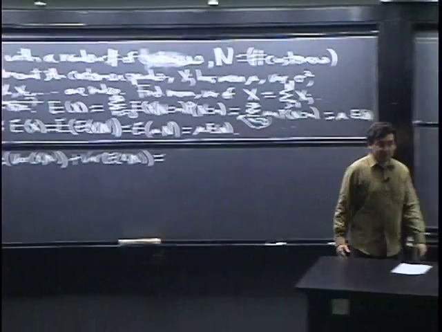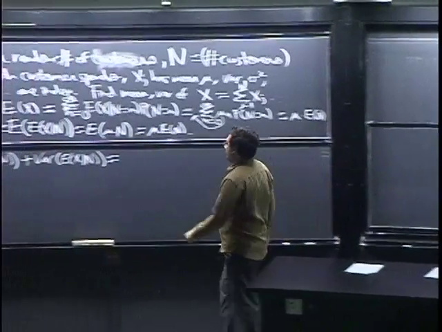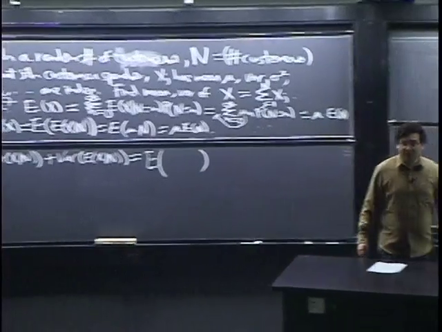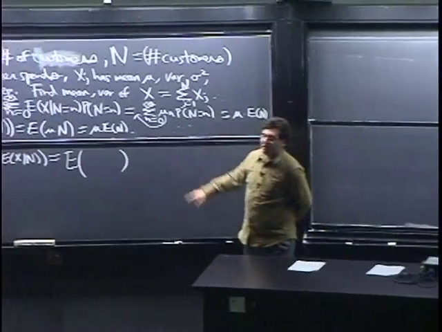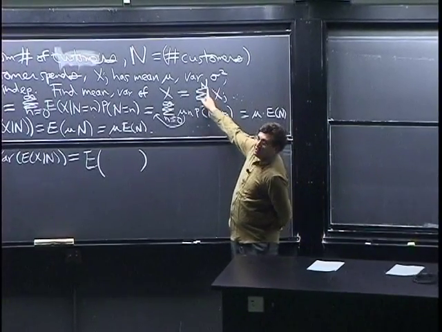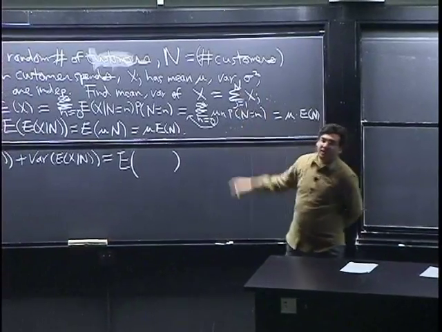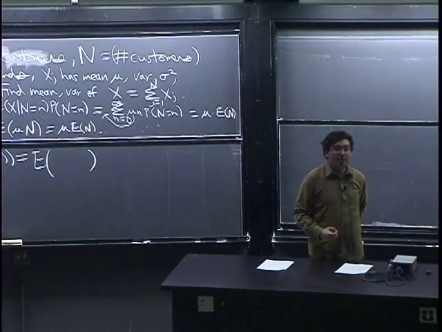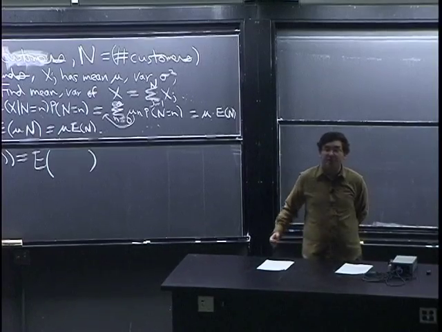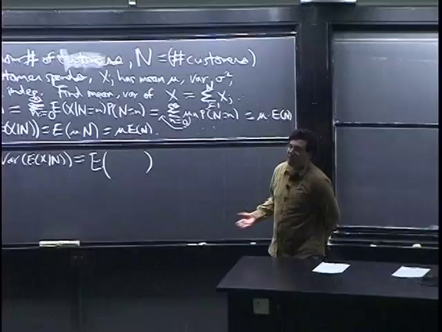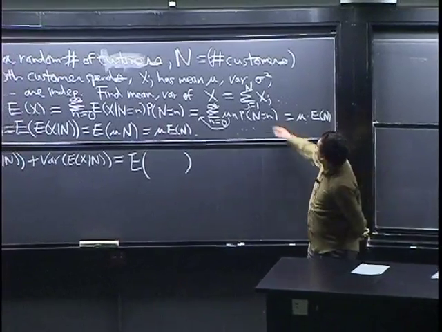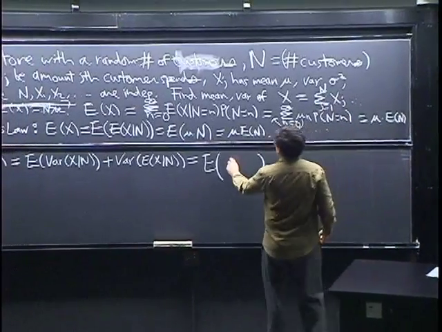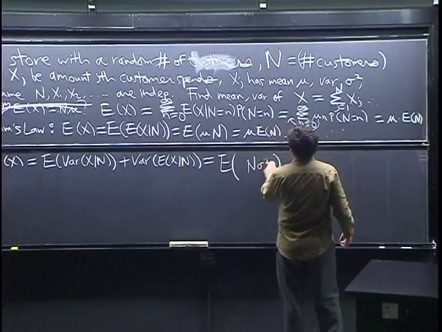Okay, now let's just evaluate these two terms. The variance of x given n. To find that, we just have to understand what this notation means. We're treating n as known, and then I say, what's the variance of that? Well, we know that the variance of the sum of a fixed number of independent random variables, you just add up their variances, right? We proved that before. There's no covariance terms because I assumed they're independent. So if we're treating n as a constant, the variance is just n times the variance of one term. So that's just n sigma squared plus,